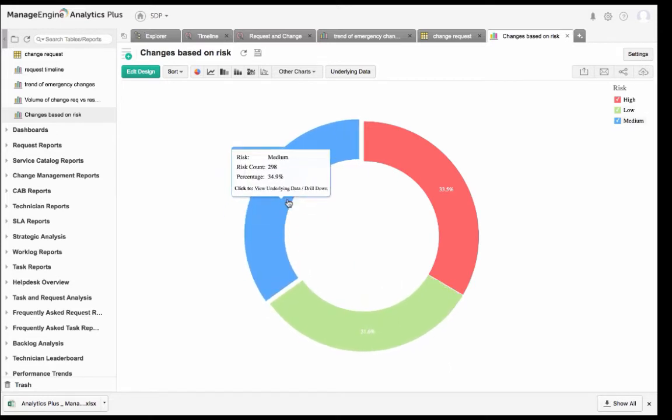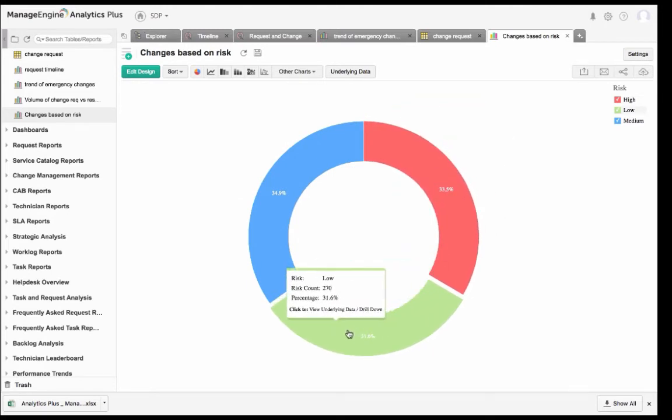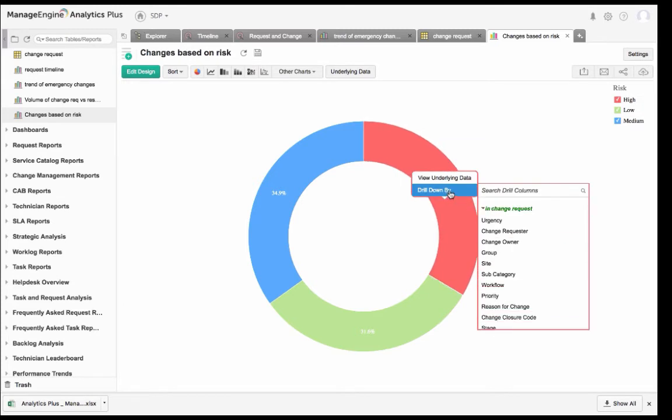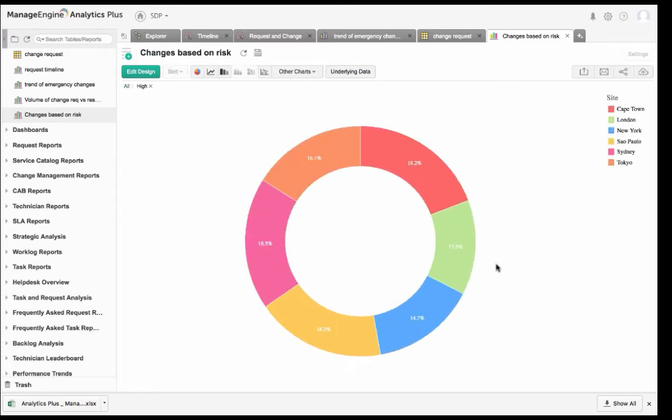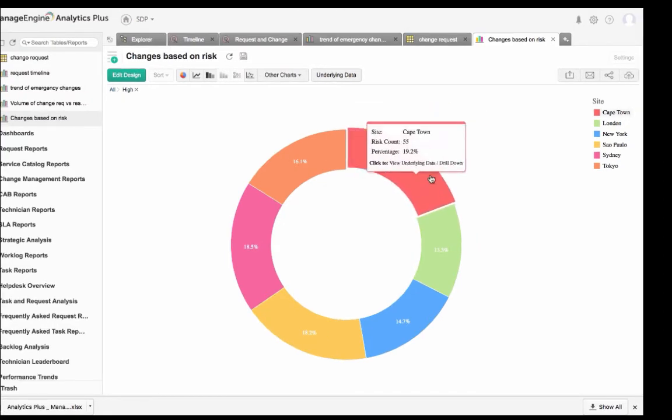Blue indicates number of changes that are under medium risk, red obviously for high risk, and green indicates the ones that potentially are low risk. For instance, right now I've categorized them based on risk, and let's say I want to know the number of high risk changes, let's say in Cape Town. So I just drill down by site, and I see that 19.2% of high risk changes have been categorized under